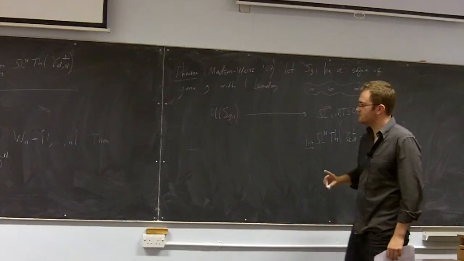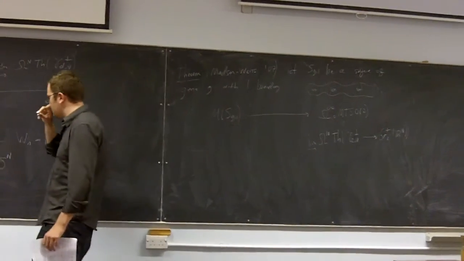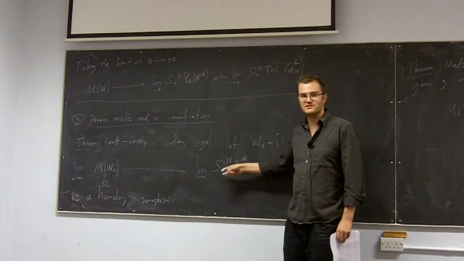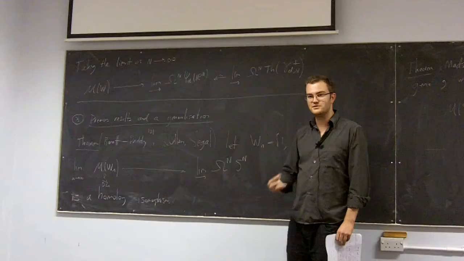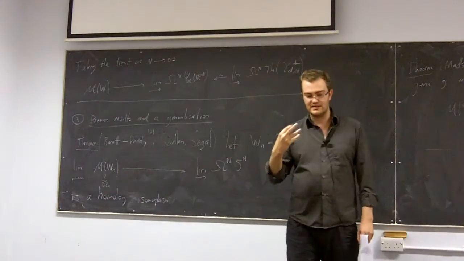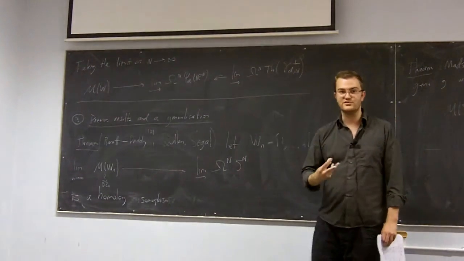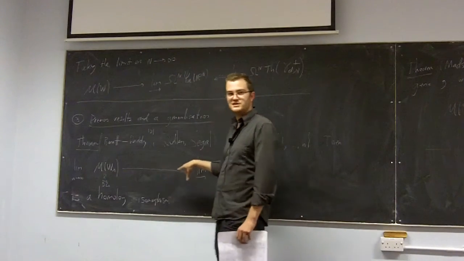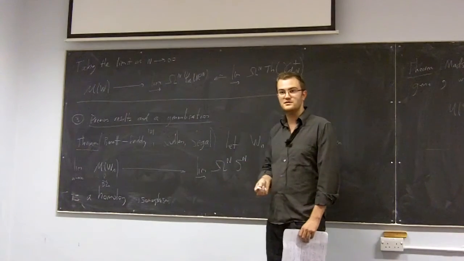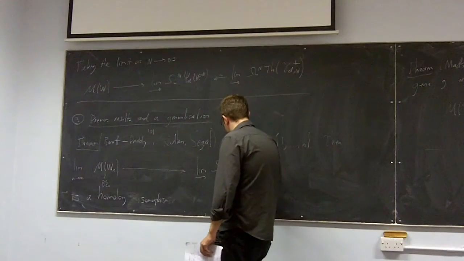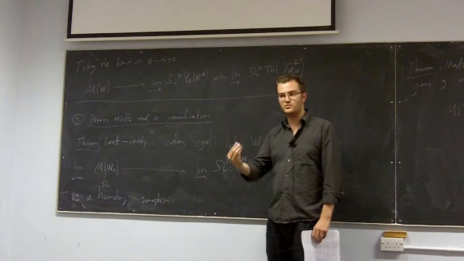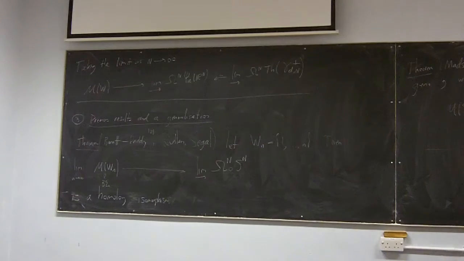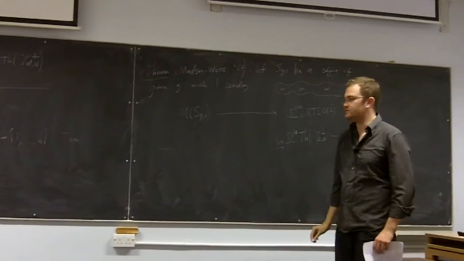Oh, there's another small thing. So I should have said here as well. This space, as you well know, what are the path components of this space? The path components are the maps from the sphere to itself, and there's the integers, many of those, given by the degree. On the other hand, this space is always connected. So what I said here is not strictly speaking true, because they have different sets of path components. So one ought to just restrict here that one lands in the path component of the degree 0 maps. Similarly here, that's what this little decoration is. You take a particular path component.